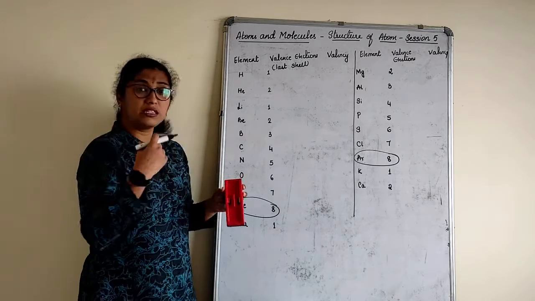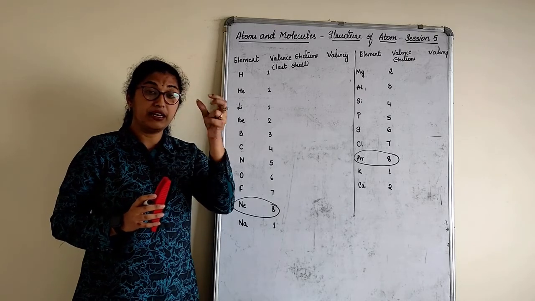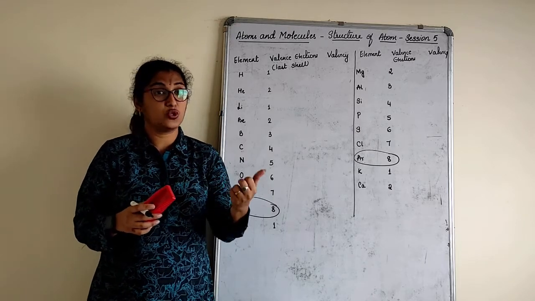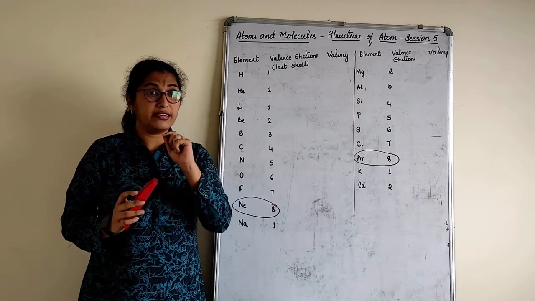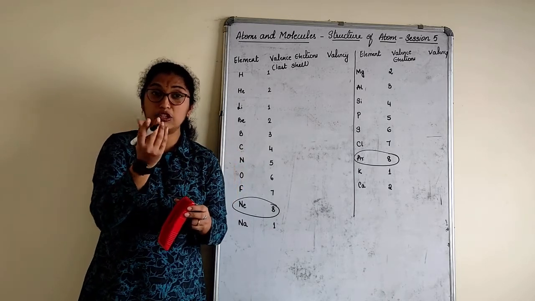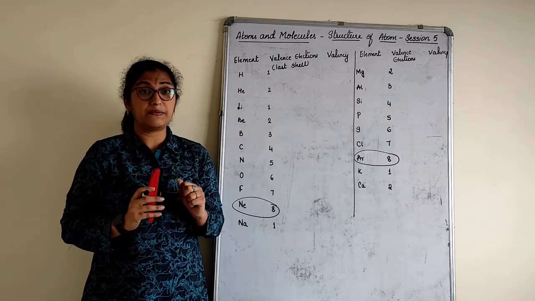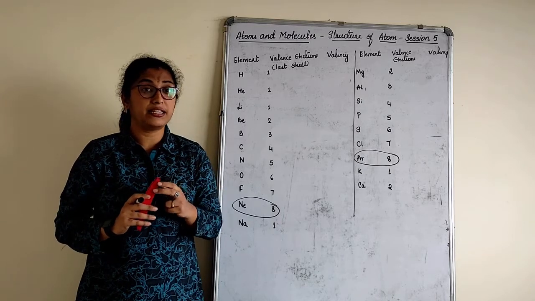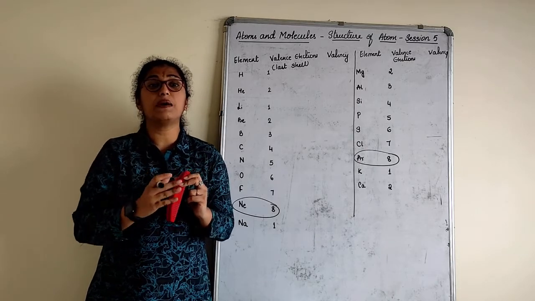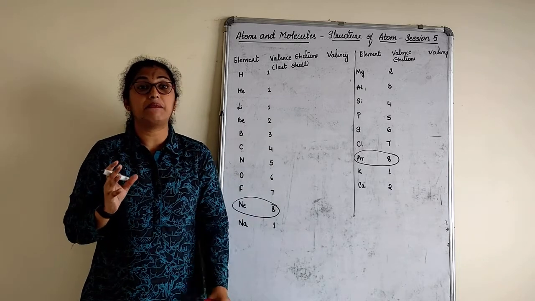Now what do you mean by combining capacity? It is the tendency of an electron to donate or to receive. Remember we discussed that about ions. They are electrically positively charged or negatively charged, known as cations or anions respectively. We had discussed that, right? So the tendency of these elements to donate or to receive is called combining capacity. Why do they have to receive and donate? Because every element is unstable. When it takes part in a chemical reaction and they combine together, they become a stable compound.